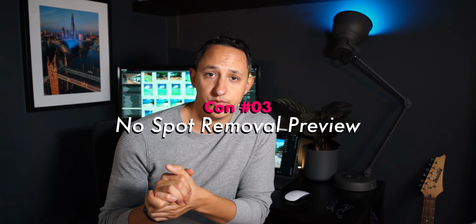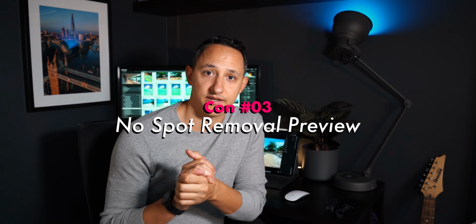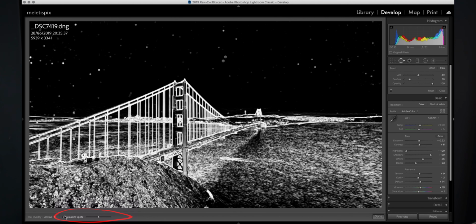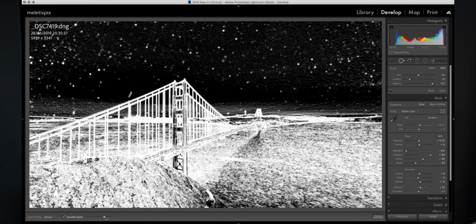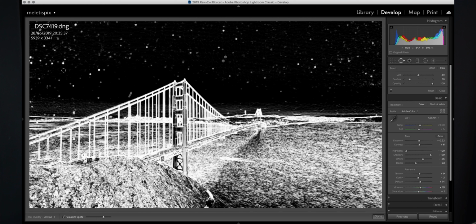Another feature I like to use in Lightroom CC Classic is the spot preview. Basically, when you have a lot of dust on your sensor and there's spots on your pictures that you want to remove, there's this little setting in Lightroom Classic where you can press to be able to visualize where the spots are on your picture, so you can use spot removal and remove them. This feature doesn't exist yet on the Lightroom CC app on the iPad, so you can basically only remove the really visible spots,